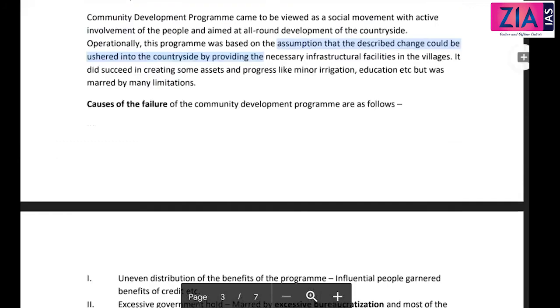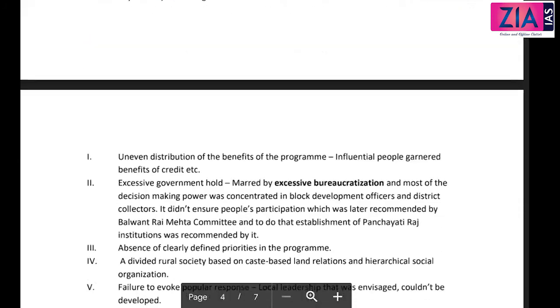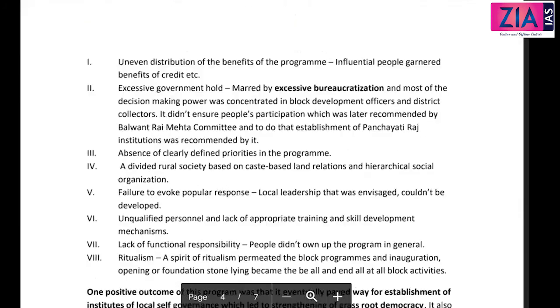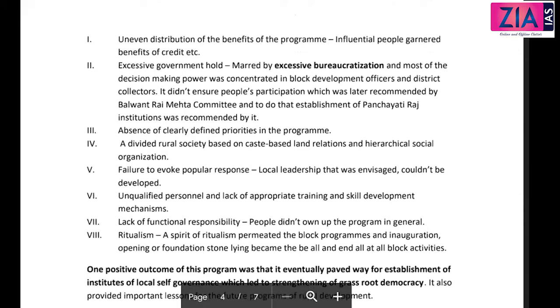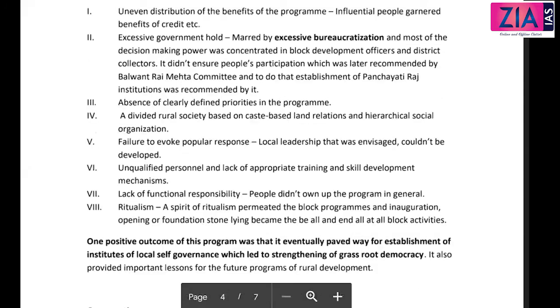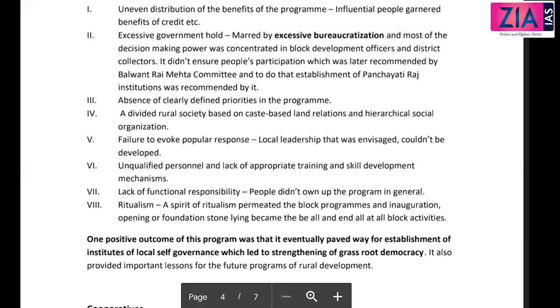Okay. Now the failure. The reason for failure is uneven distribution of the benefits of the program. Influential people garnered all the benefits or the credit. Excessive government hold, so mainly excessive bureaucratization, and most of the decision making power was concentrated in block development officers and district collectors. It didn't ensure people's participation. So only for namesake you have given a community development program with the participation of the community and with the people,